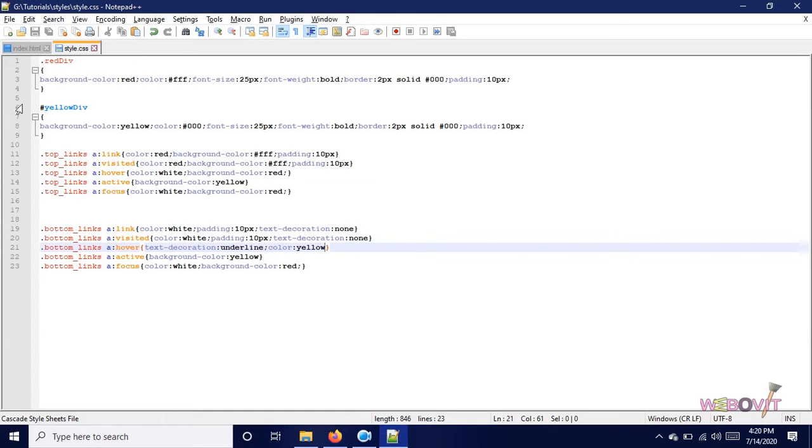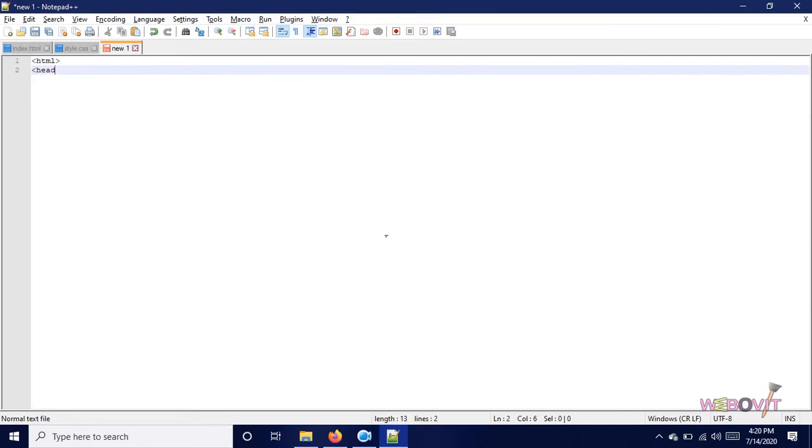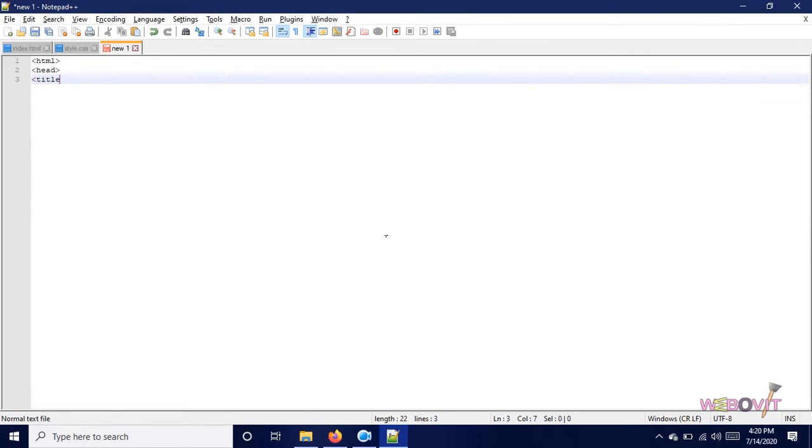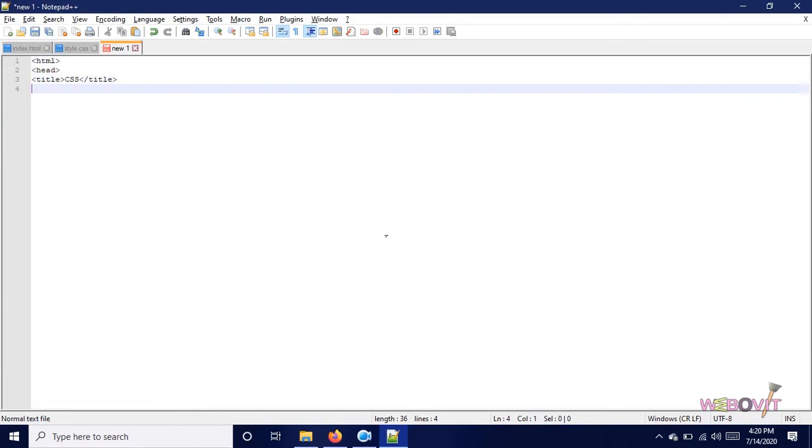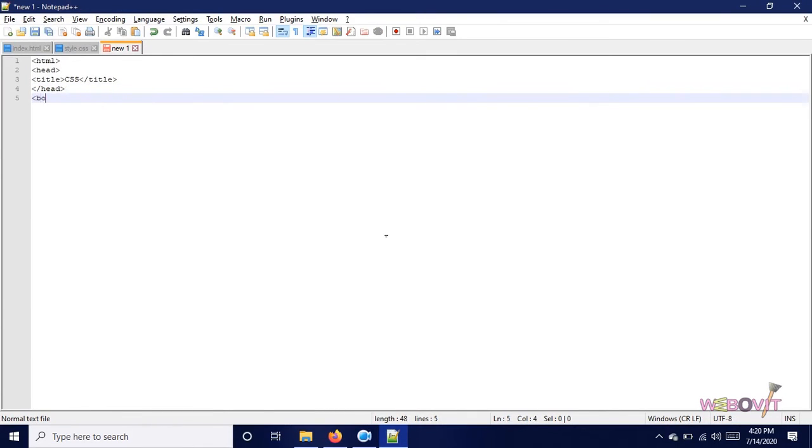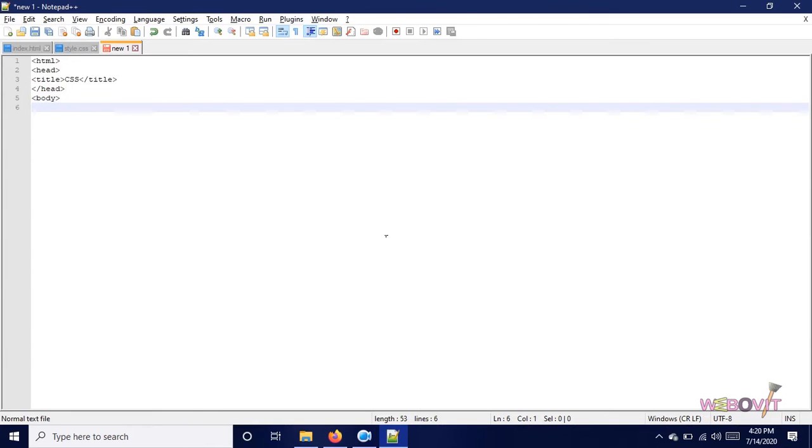Okay, I'm moving ahead. Now we will open a new file and do some common steps. Now what I am going to teach you here is how to change the cursor of the mouse.